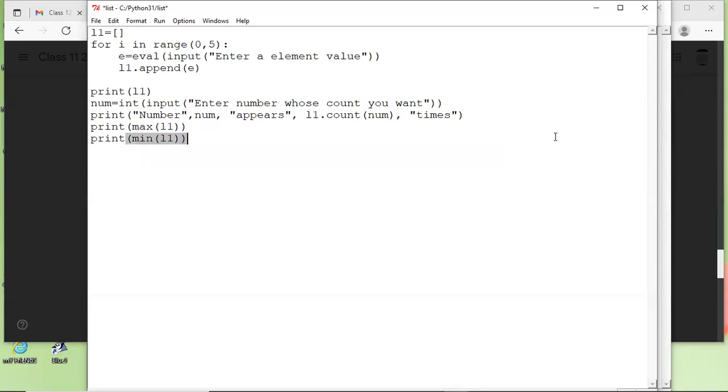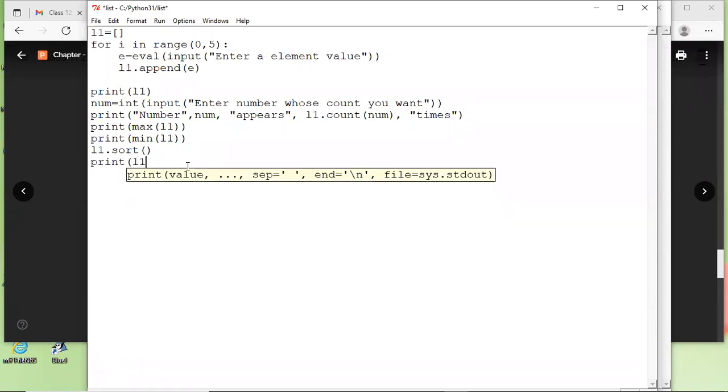Or what I can do is I can say L1 dot sort the list. The list is sorted once. Now maximum and minimum can be used only if the list is homogeneous. If the list is not homogeneous, you cannot find the max and min, right? Now I am trying to sort it. If I have sorted it, then print L1 0, this will be the minimum. And if I do